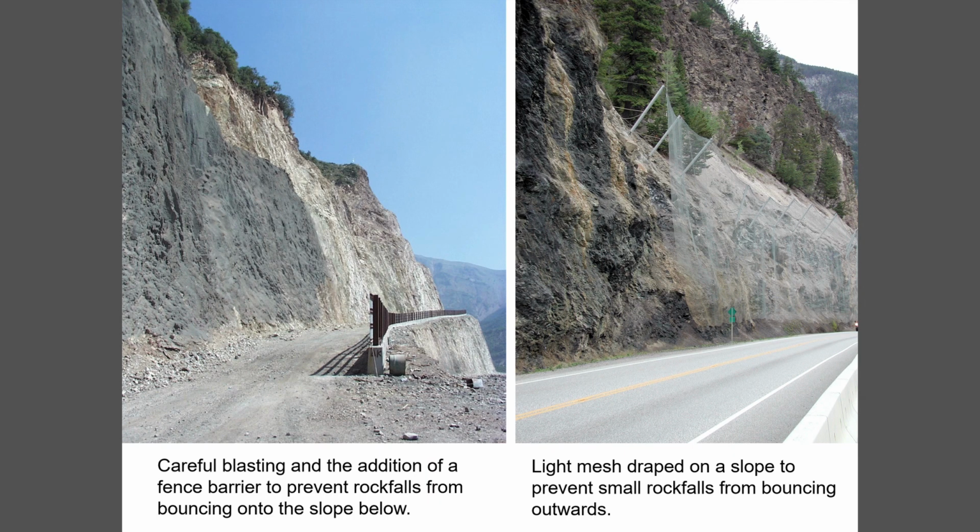Barriers are a very important aspect of rockfall control, and there are hundreds of different types of designs. Again, this is a problem that's unique to each slope. On the top there you see a very steep slope constructed by careful blasting, and normally there would be very little rockfall hazard, but it's part of a very steep benched face, and so you have to ensure that if a rockfall does occur, you don't create a hazard for those working below you. And so in that case, a robust catch fence has been put up along the edge of the bench to prevent any small boulders from rolling.